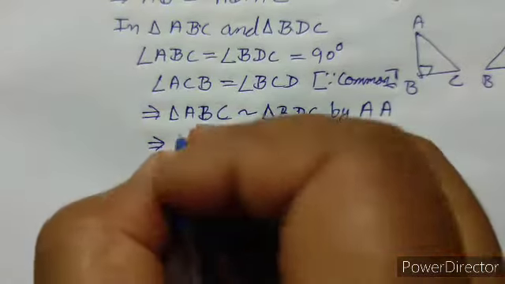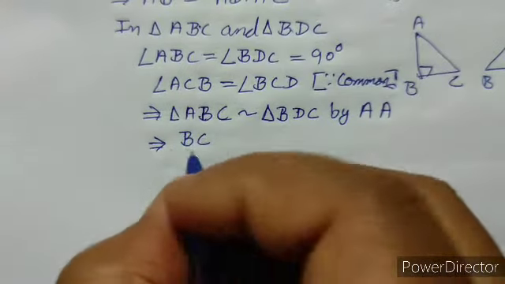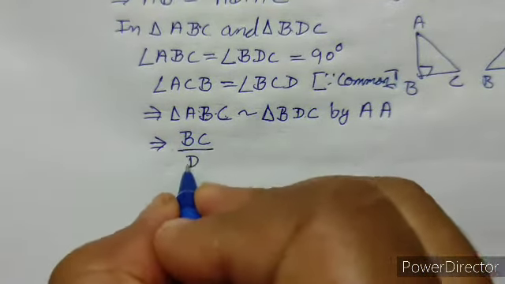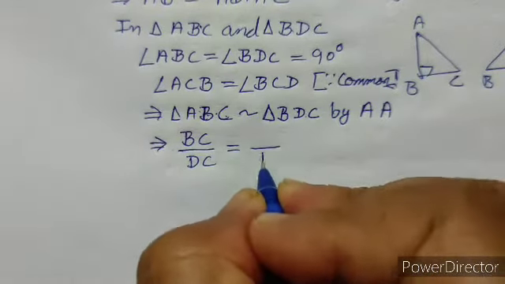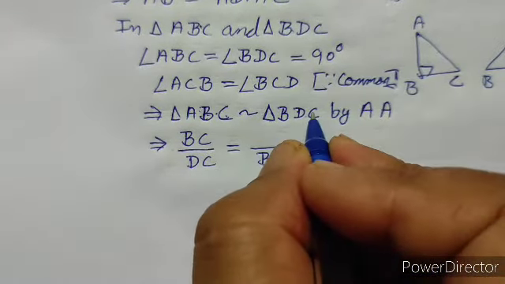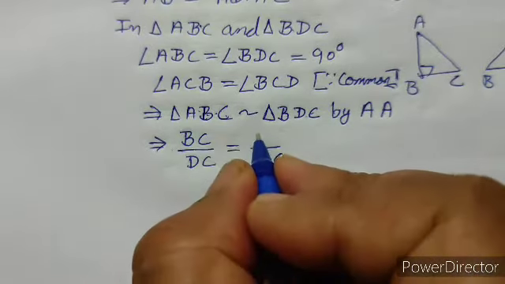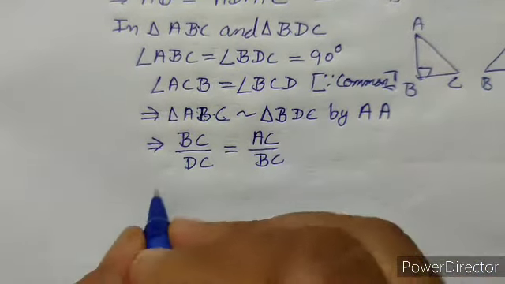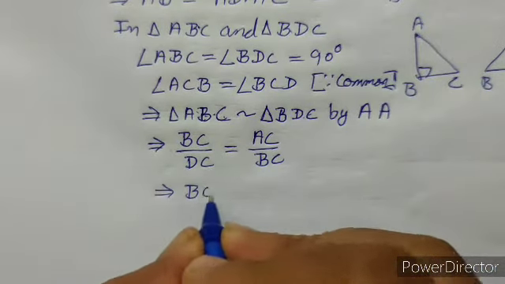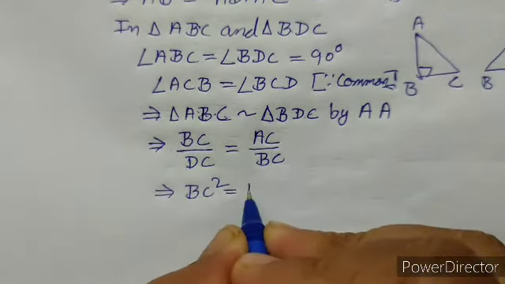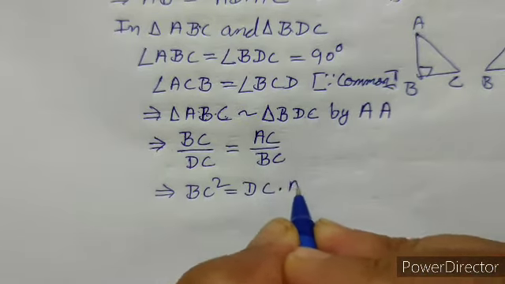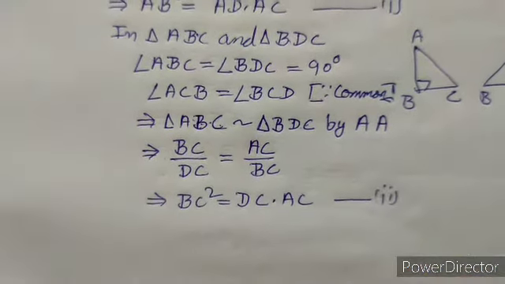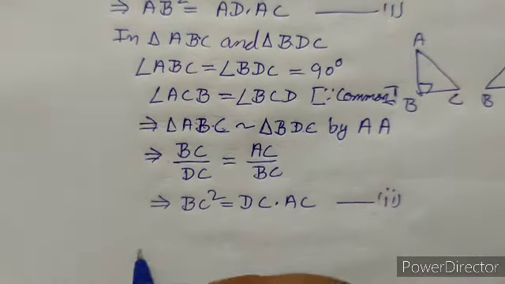So from the first triangle ABC we will take BC. Now its corresponding side in BDC is DC, and that is equal to BC upon AC. Now this will give us BC square is equal to DC into AC, and this is our equation second. Now on adding first and second,